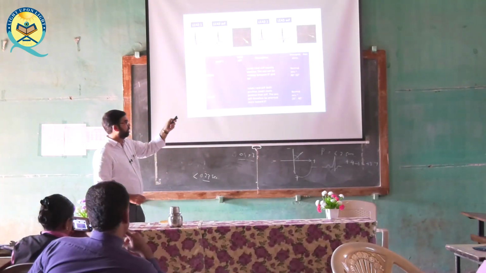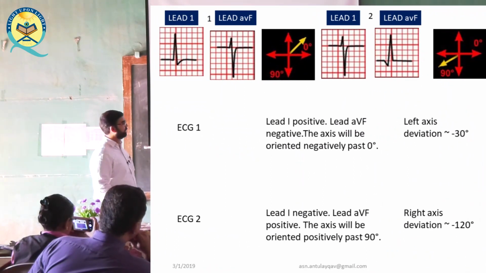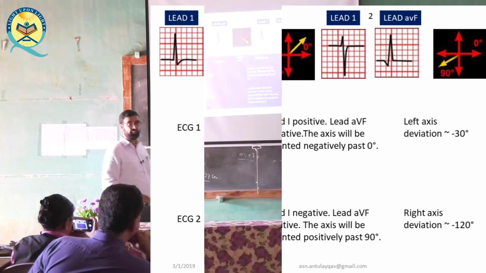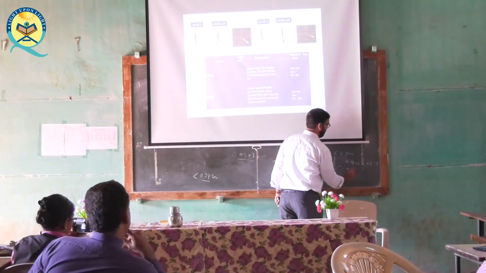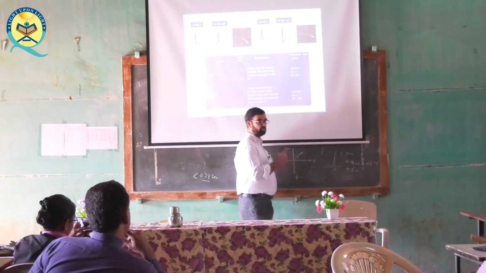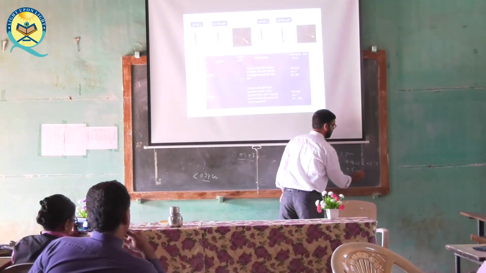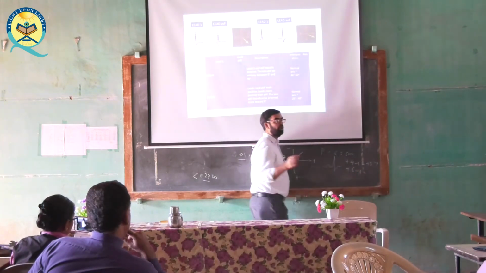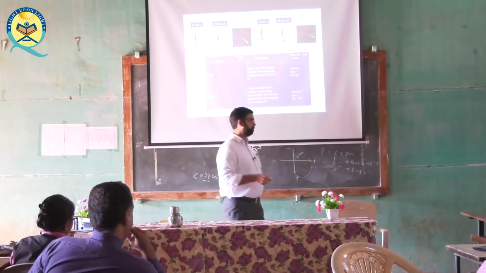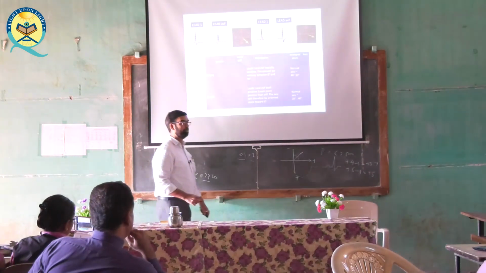Lead AVF. See what is there? Plus how much is it? Plus 4 and 2, 6. Plus 6. Is there any minus? No minus. It is 0, or write -1, we don't need complication. So it will become +5. It will become +5.